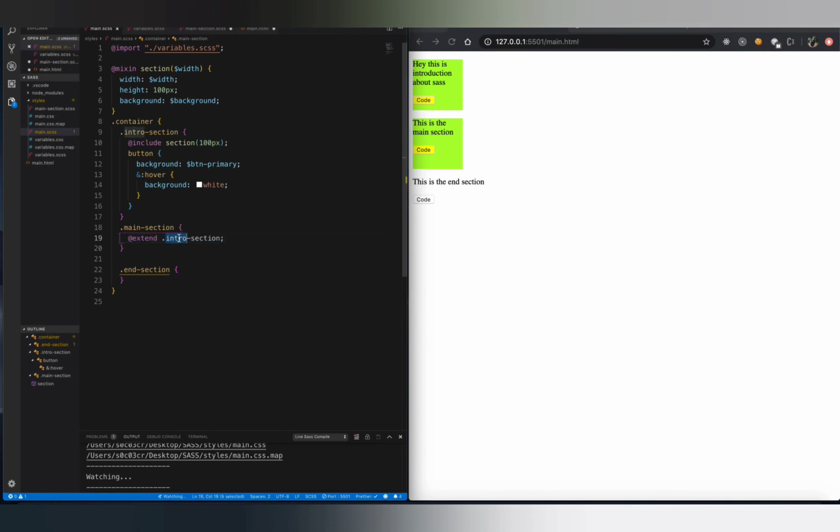I want to go ahead and do the same thing in case of end section, right? So yeah, we have achieved what we wanted to achieve, but again, the second div right here had more width compared to the first and third one. So after you do inheritance, you might want to override one or two properties, right? Or you can also override all, but there's no point of using inheritance in that case.